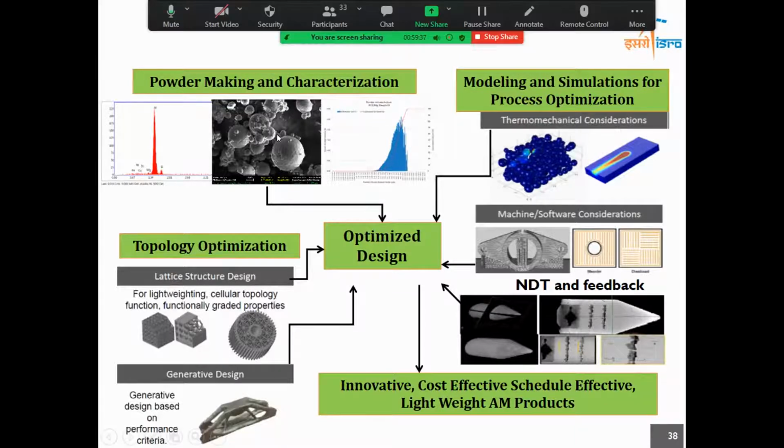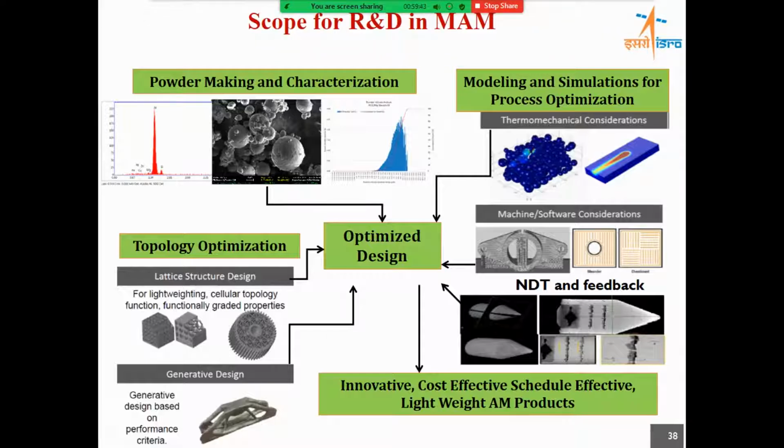And we normally look for a normal distribution of powders. So for laser powder bed fusion, we look for powders ranging from 30 to say 60 microns. And in the case of directed energy deposition, we look for powders ranging from anywhere from 40 to 150 or 200 microns. So when you go for directed energy deposition, we can go for higher size powders.